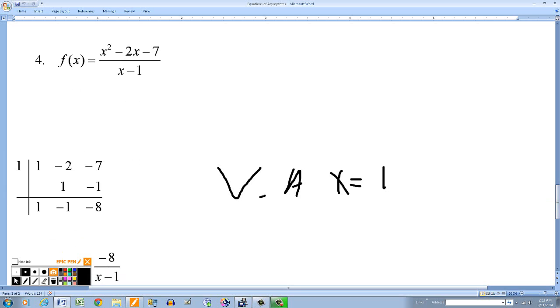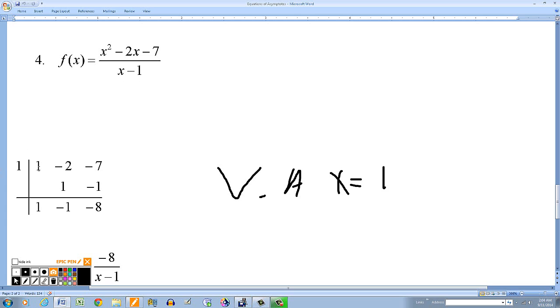So here I have the synthetic division using the coefficients of the function: 1, minus 2, minus 7. Okay, I'm dividing by the binomial x minus 1. So I put a 1 right here in this table. If I were dividing by x plus 1, then it's the opposite. This would be negative 1. And then basically the synthetic division